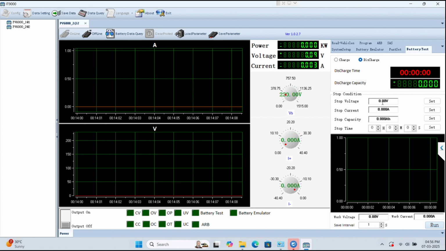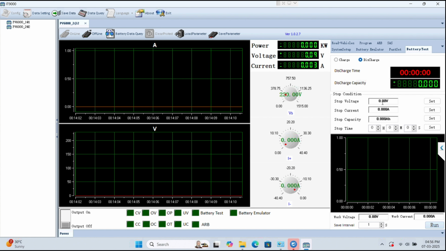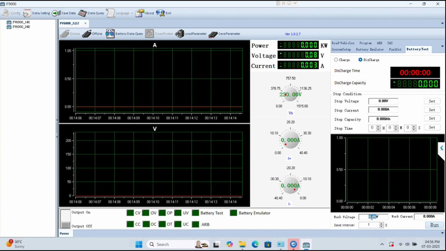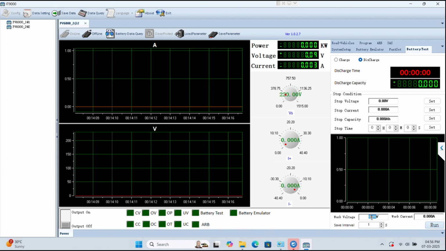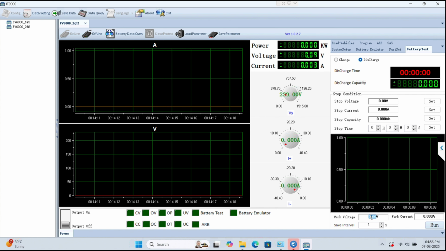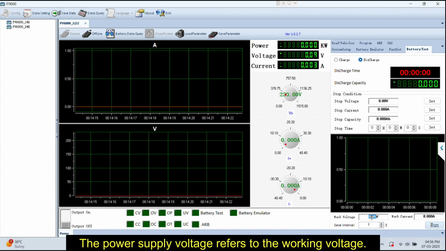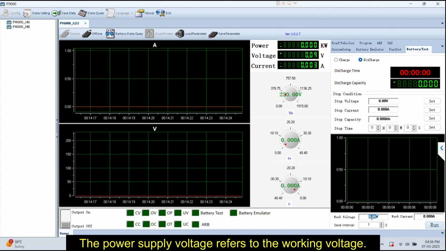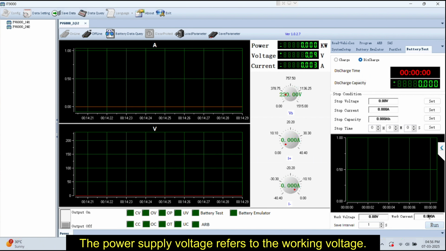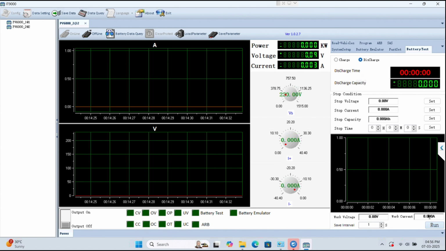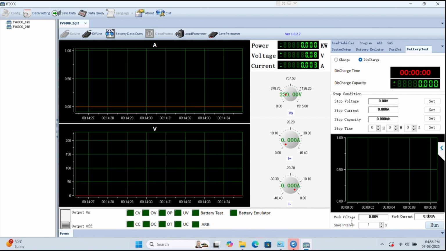After setting the stop condition, we need to enter the working voltage, working current, and sample interval. If we are charging the battery, we need to enter the power supply setting. Enter the power supply's voltage setting higher than the battery's voltage, and if we are discharging the battery, we must set the power supply's voltage below the battery voltage. For charging, we will enter the positive current, and for discharging we will enter the negative current. Finally, we will click the run button to start the test.